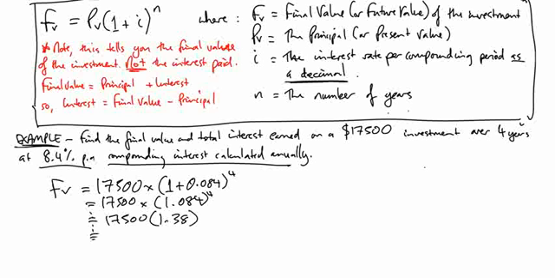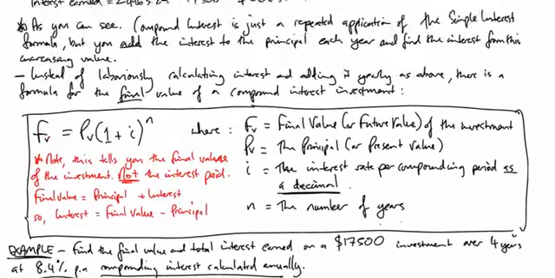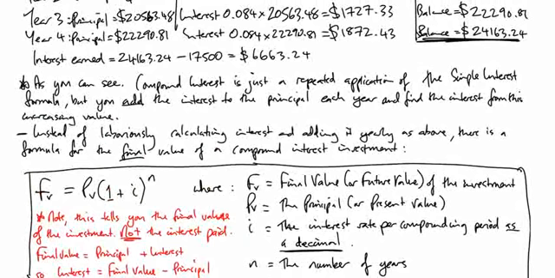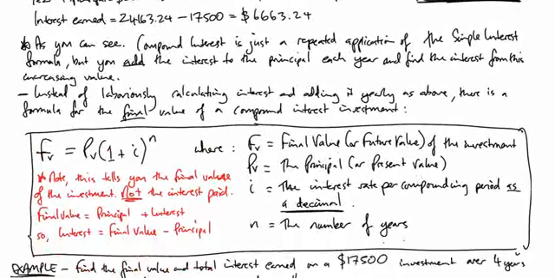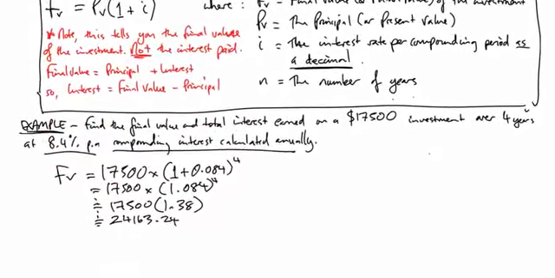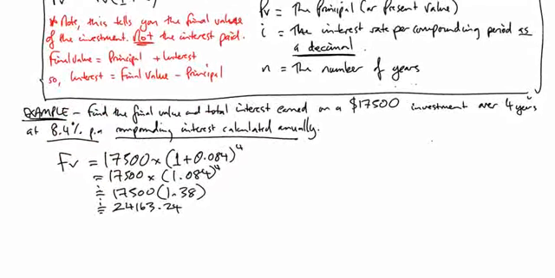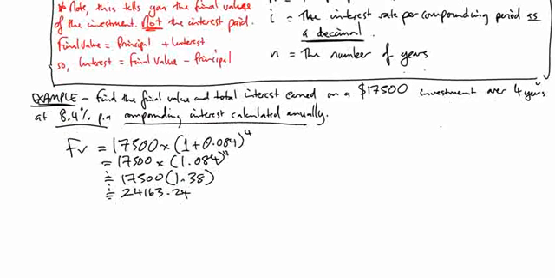And so that times by 17500 is approximately equal to 24163.24. Hopefully that's the same as 24163.24. 24163.24. It's almost like I planned that, but I didn't actually. I was a bit scared that it would be wrong. So that is the final value of the investment,